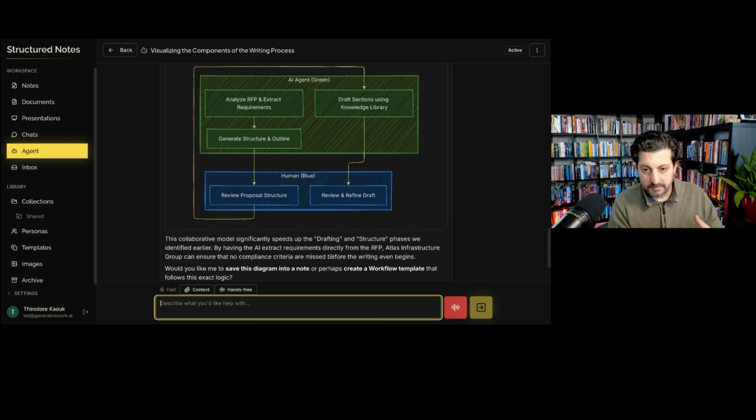So let's talk about prerequisites. And one of those, I think, in this particular use case would be a knowledge library. Before the workflow can generate proposals, it needs access to the organization's knowledge. So for the Atlas Infrastructure Group, we could say,